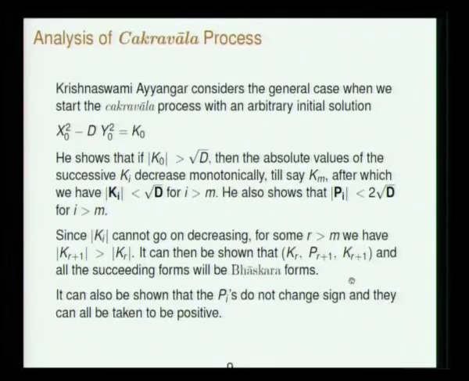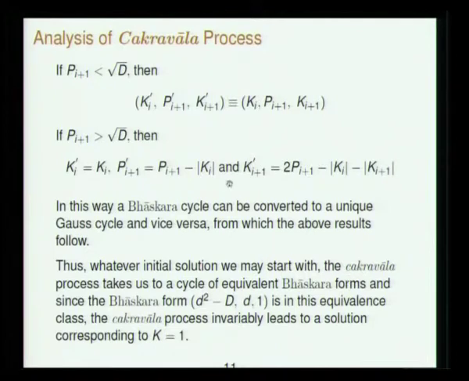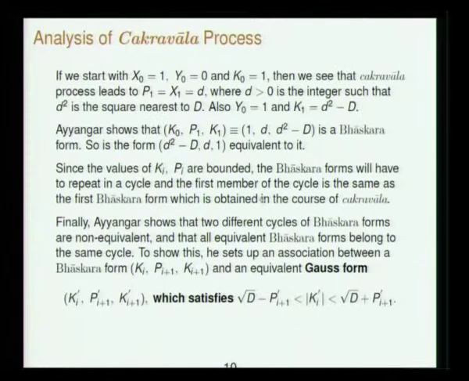Finally, he showed that amongst the set of all equivalent cycles, by doing the Chakravala process, the Bhaskara forms go in a cycle. He showed that any two cycles of Bhaskara form are not equivalent, and all equivalent Bhaskara forms come in the same cycle. To do that proof, he used the older proofs that were done by Gauss for quadratic forms, for